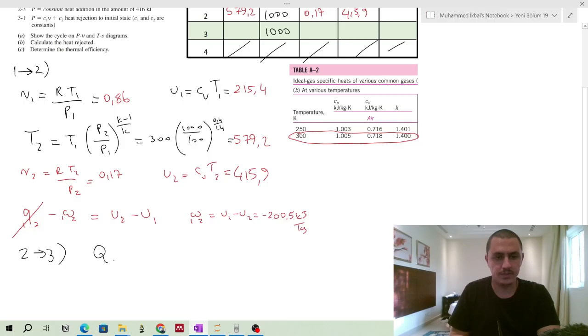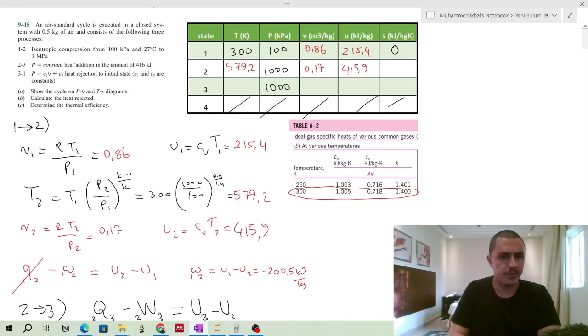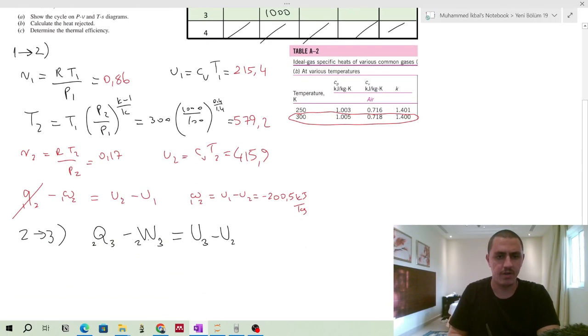If you know this Q from 2 to 3, you can say, I'm using big signs now, so it will be U3 minus U2, okay? From here, you can actually get the temperature. You have constant pressure heat addition. If you send these to the other side, Q2 to 3 will be equal to U3 minus U2 plus work